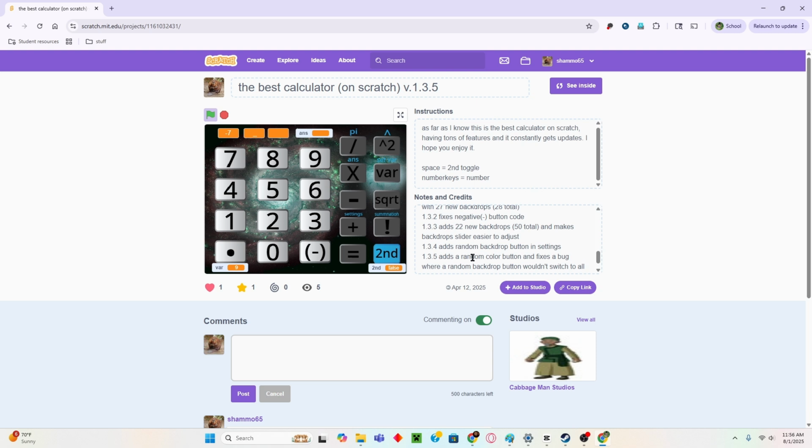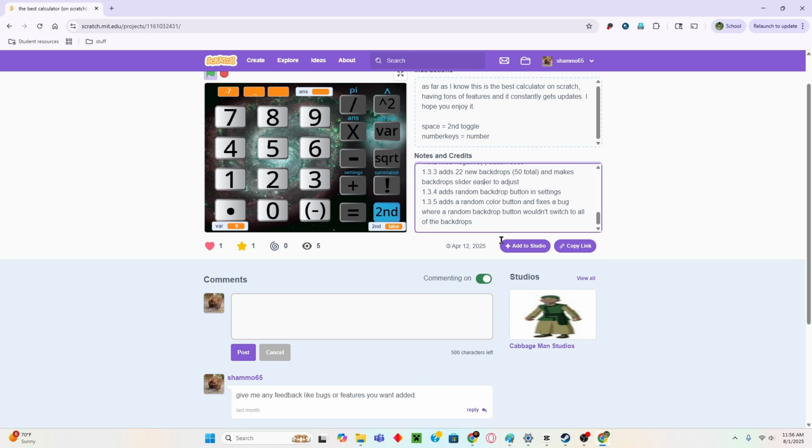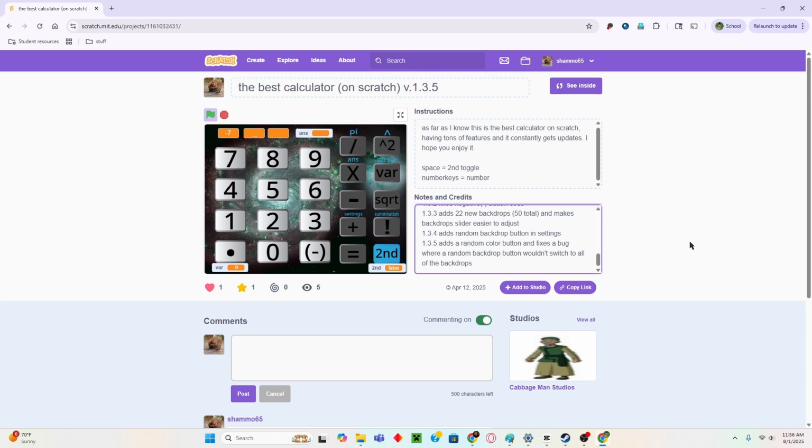So yeah, and then 1.3.3 adds 22 new backdrops, meaning there's 50 total backdrops, and makes the backdrop slider easier to adjust. Because I was doing the divide by 2, that's really just subjective. Easier to adjust. And 1.3.4 adds a random backdrop button in settings. 1.3.5 adds a random color button and fixes the bug where the random backdrop button wouldn't switch to all of the backdrops. I don't know what that was about, but